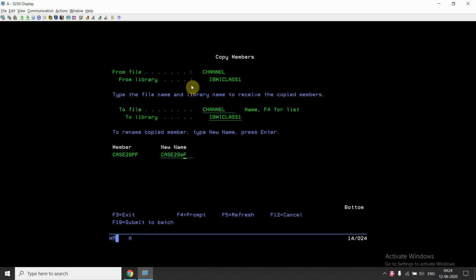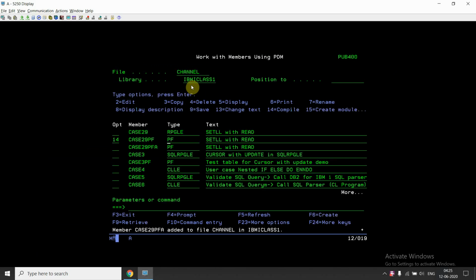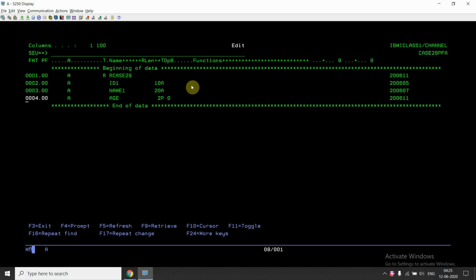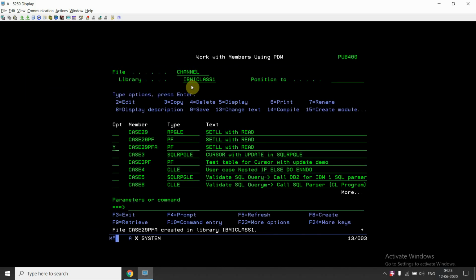So another case would be, for example, I'm just taking PFA, right? So here I'm not using the key. So I compile this program UPGDT case 29 PFA.